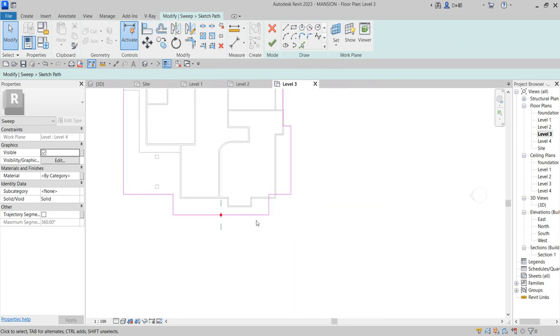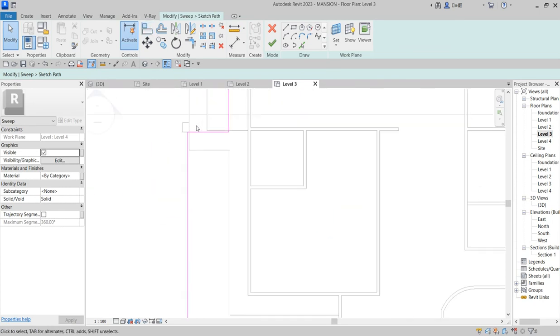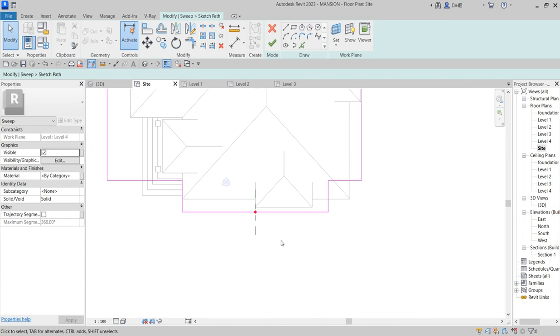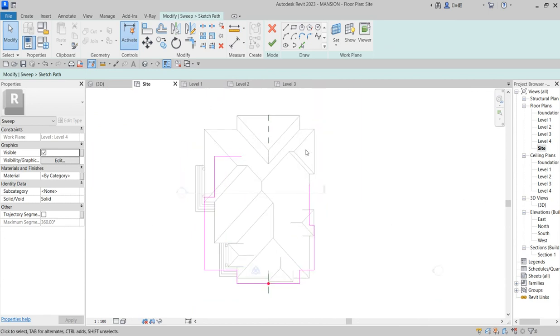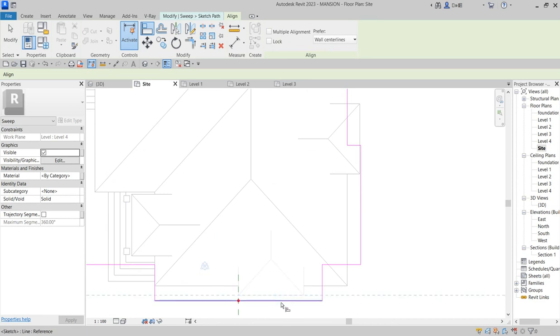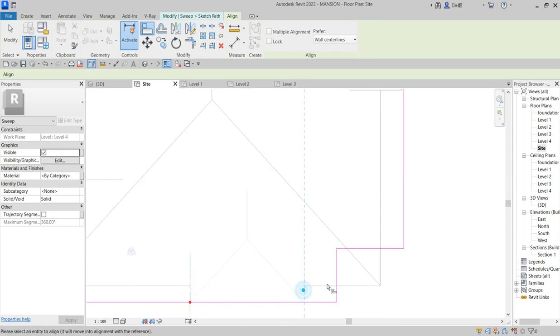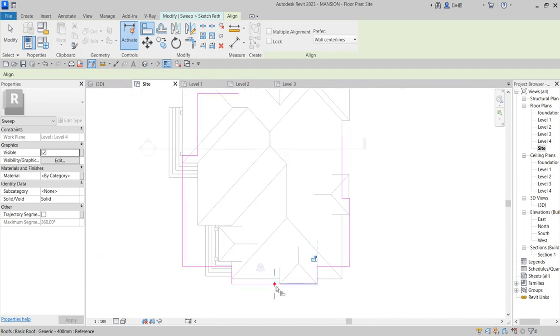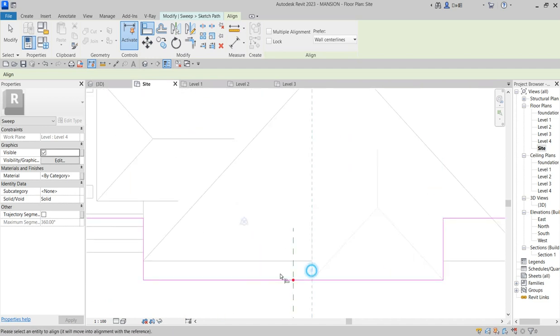At edit parts, so you go to your sites, so that's where you'll be able to see everything as you are working on it. So you click here, align this, align this, align this,